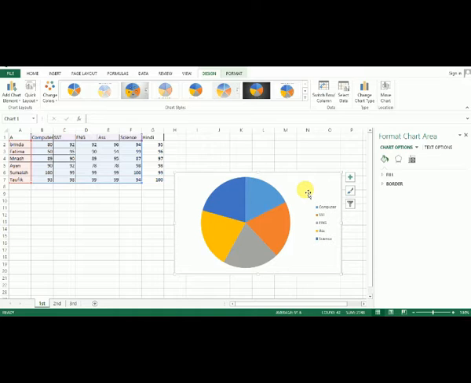Simply click on the chart and it will highlight the data range in your spreadsheet. You can click and drag the handle in the lower right corner to change the data range. You can see this one here, 1 2 3 4 5 6, 6 columns are included here.